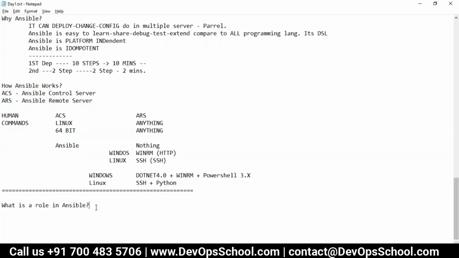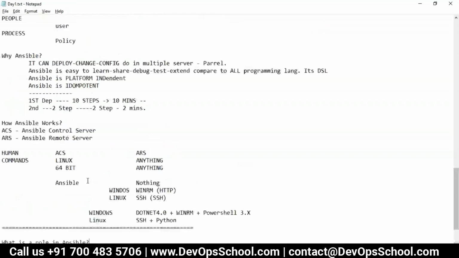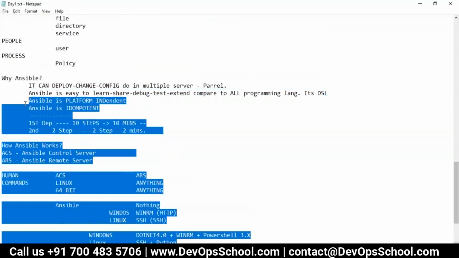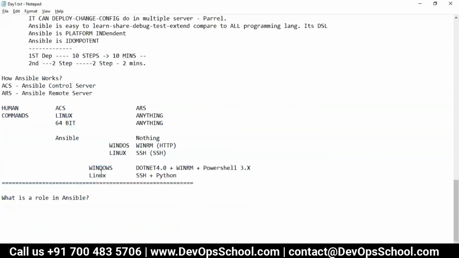How modules are running, that is pending, right? I have not discussed modules, so how modules run I'm not talking about. There's no module as such right now in my discussion. So when I bring in modules, then I'll talk about how modules work. Got it?